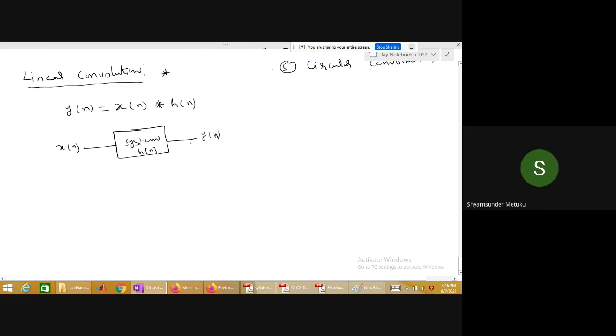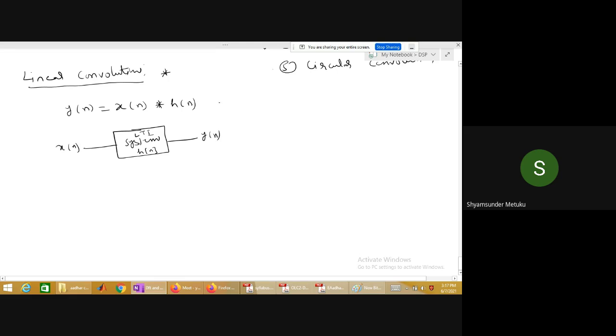Yes. So for the output of an LTI system, linear time invariant system, the output has to be calculated in the time domain. That means your only option is to perform the linear convolution between the input and h of n. I think I told you at the time also. For the time being, remember this equation: y of n is equal to x of n star h of n. Remembered or not?